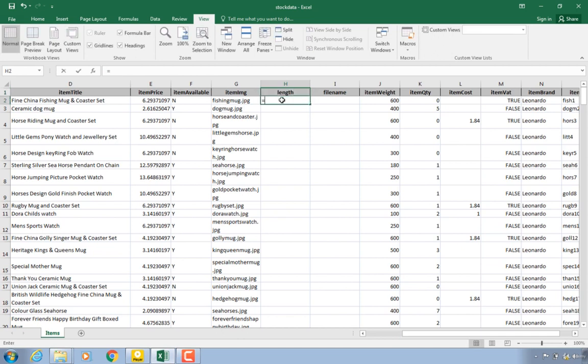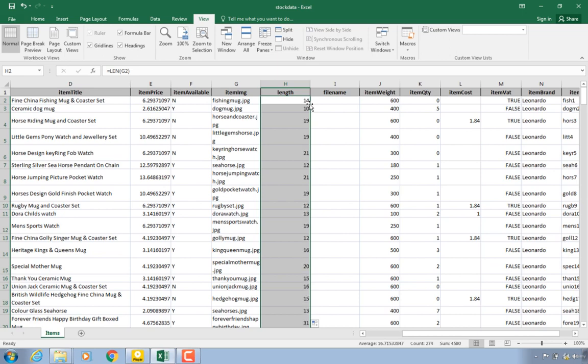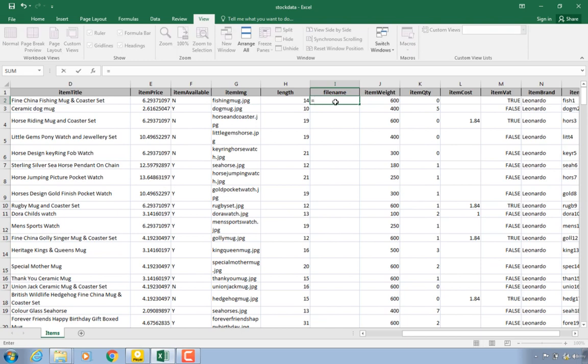So for you to calculate length within Microsoft Excel, what you simply do is equal sign LEN, open brackets, highlight the cell reference that you want the formula to calculate the number of characters, then press the enter key, and you're going to get 14 characters. You can replicate the formula downwards by double clicking on it over there, and if you want to get the file name for this item image but minus the file extension, what you can simply do is put the formula equals left,